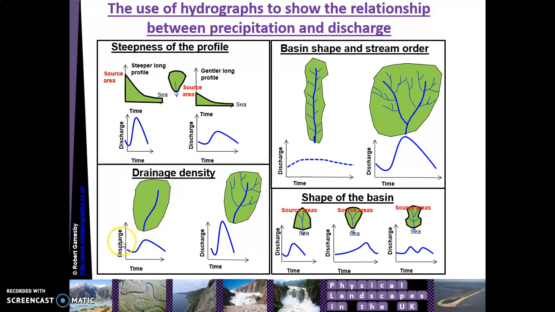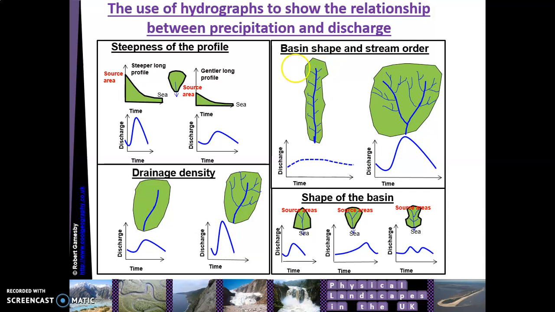And so the discharge curve will be gentle, okay? But if you've got lots and lots of tributaries going to it, it means you're going to have loads of water getting into the main river really quickly, and the discharge curve will increase quicker because there's more water getting into the river quickly. In terms of shape and stream order means how many streams are attached to the tributaries